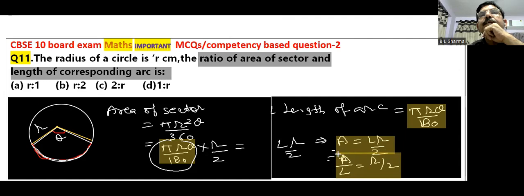So what is the answer here? Area of sector upon length of arc, that the ratio is given by R by 2. So B is the correct option here. इस रिलेशन को आप बिल्कुल याद रखिएगा। एरिया ऑफ सेक्टर इज लेंथ ऑफ आर्क इंटू रेडियस बाई 2। डायरेक्ट क्वेश्चन भी आते हैं और इनडायरेक्ट क्वेश्चन भी आपके एग्जाम में आ सकते हैं।